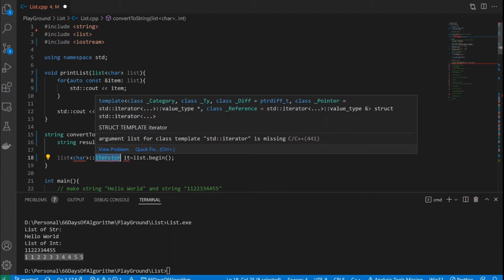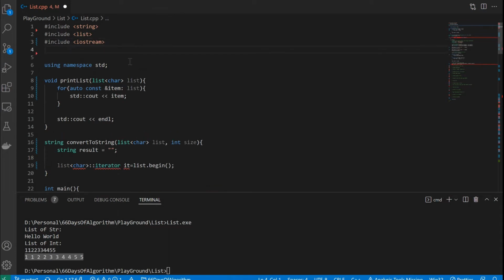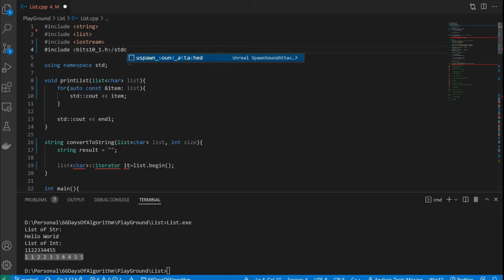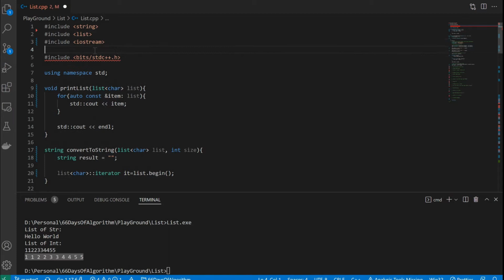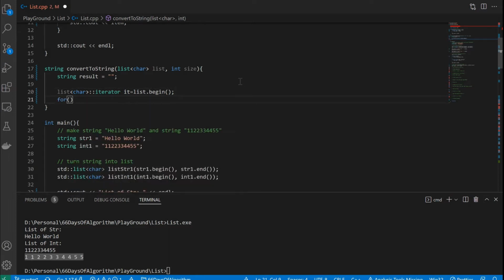Iterator. Something wrong here. Yeah, I think we need another declaration in here. Maybe iterator, right? Is it include bits of stdc++.h? What? No. This one, right? Is it gone? Okay, iterator is gone. But it's highlighted, but that's all. Just ignore this one. So iterator is being recognized, and then we're going to say, okay, for integer e